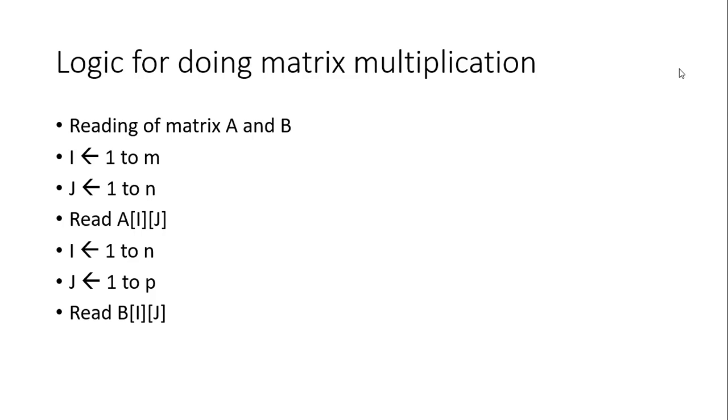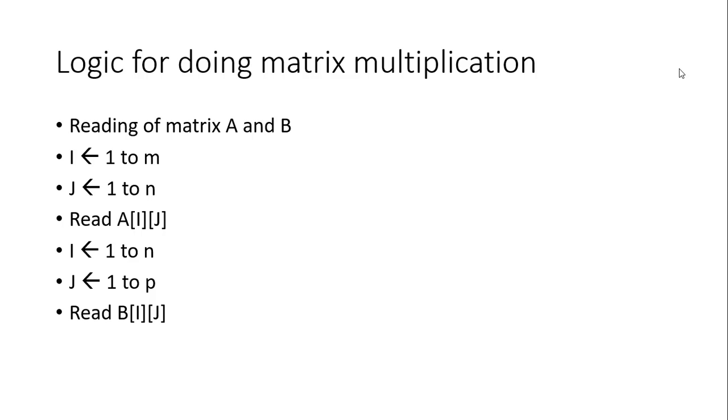So before going to do the multiplication, we have to read the two input matrices. There we have to impose either the first rule for selecting the matrix or the second rule. So what the first rule is? The first rule says the total number of column elements on matrix A is equal to the total number of row elements on matrix B. Or we have to check whether both matrices are of the type square, that means having equal number of rows and equal number of columns. So by considering either one of the rules, we have to select the matrices and give the two matrices as an input to our program.